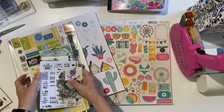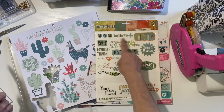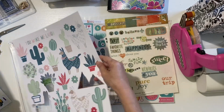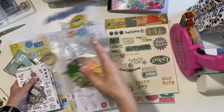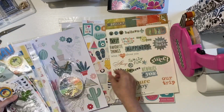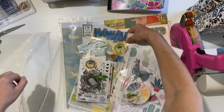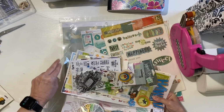These are the things that I had pulled for that first layout that I did for my mom. Like these colors I think go well with the next layout. I'm not going to use the llamas anymore, so they're going bye-bye. Nothing to do with islands. Since I know that these products I'm not going to use, I'm just going to set them aside, put them in a little baggie,